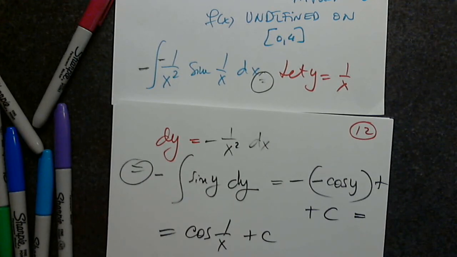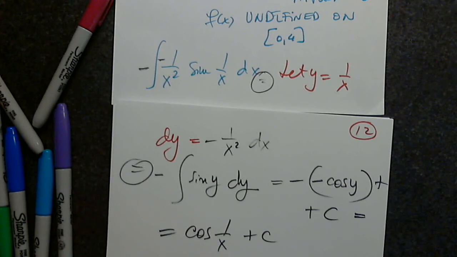So remember, when we differentiate cosine, we don't get sine. Or you can incorporate the negative and say that it's cosine. Same thing. And then we have to go back to the substitution, because this is an indefinite integral, and we have to give the answer using the variable given in the problem. Yes, next question.